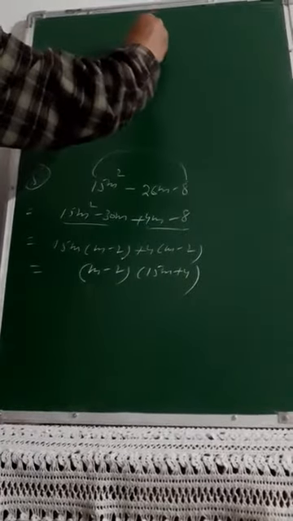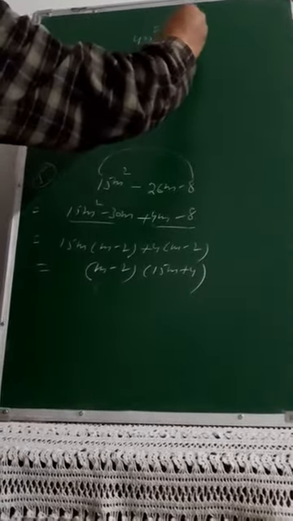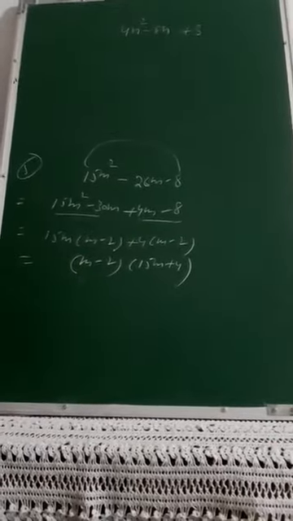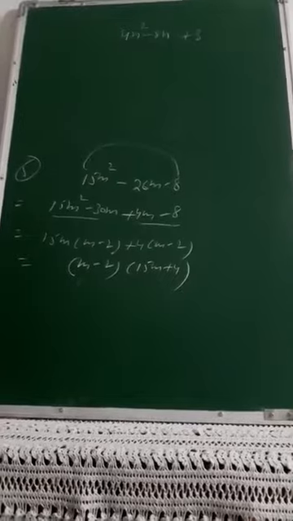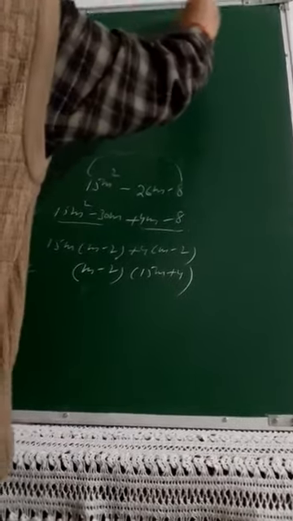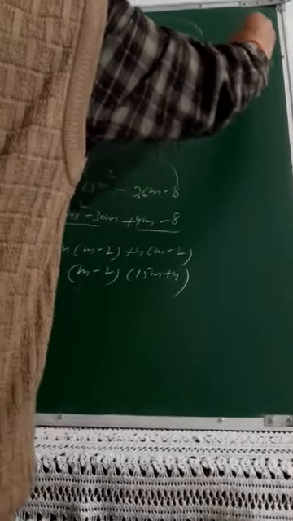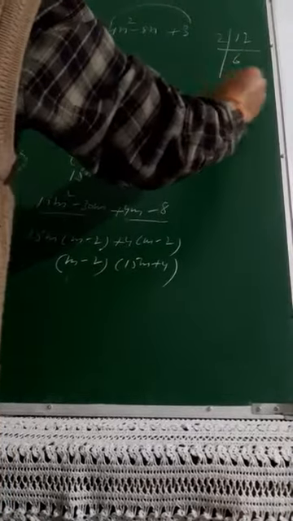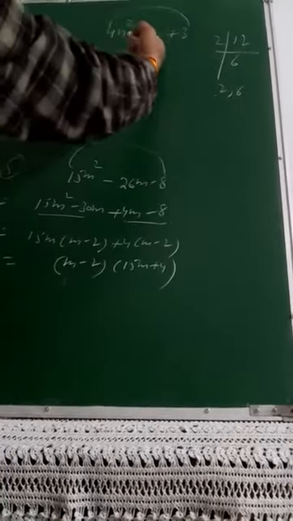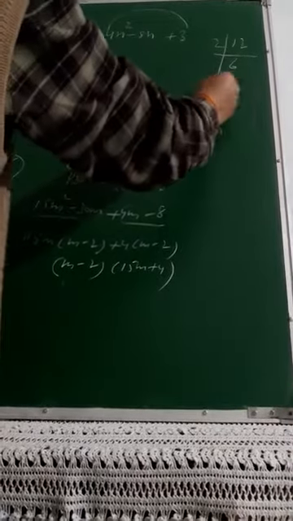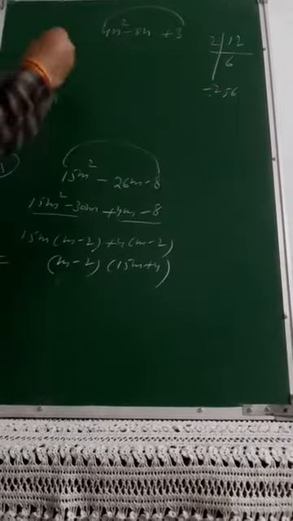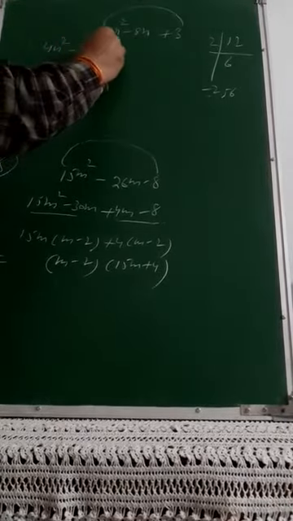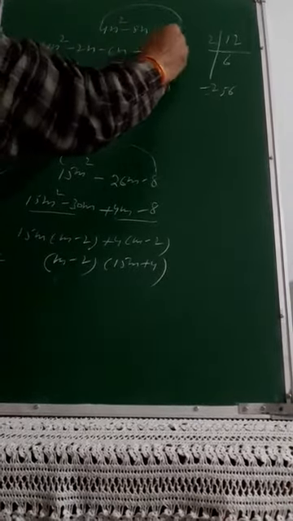It was 4n square minus 8n plus 3. So again, coefficient of n square and 3 will make it 12. So if I will multiply by 2, 2 and 6. First pair 2 and 6 will solve my purpose because I need the sum is equal to it. Put negative sign with both. So here it is 4n square minus 2n minus 6n plus 3.